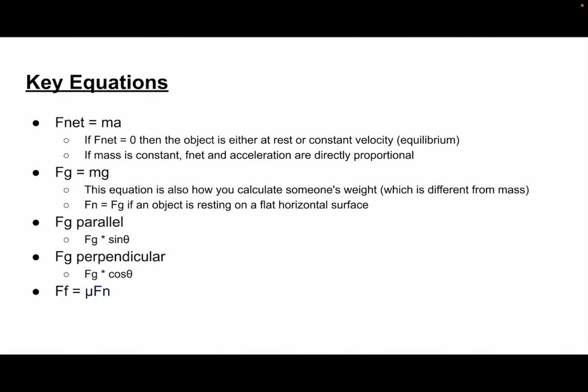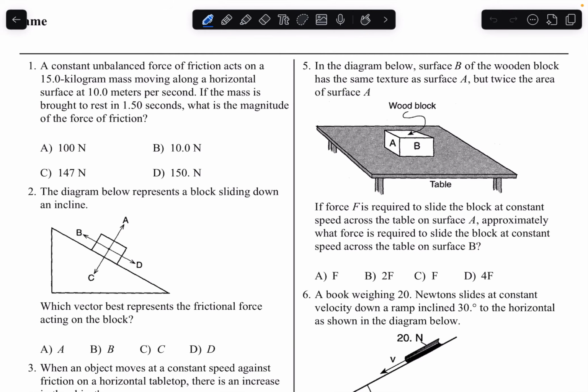Now let's do some practice for these concepts. Number 1. A constant unbalanced force of friction acts on a 15 kilogram mass moving along a horizontal surface at 10 meters per second. If the mass is brought to rest in 1.5 seconds, what is the magnitude of the force of friction? So this question tells us that we need to find Ff, or force of friction, but using